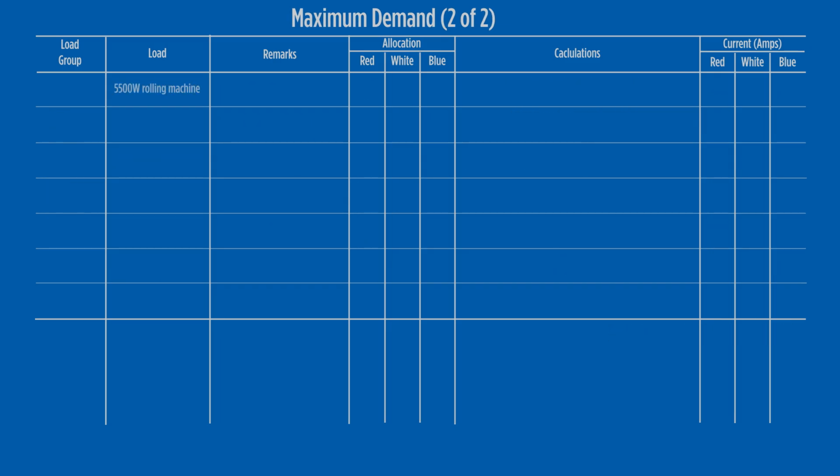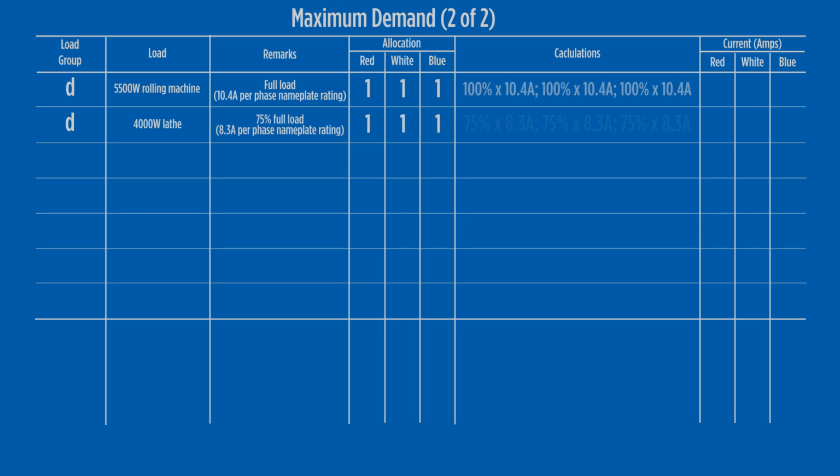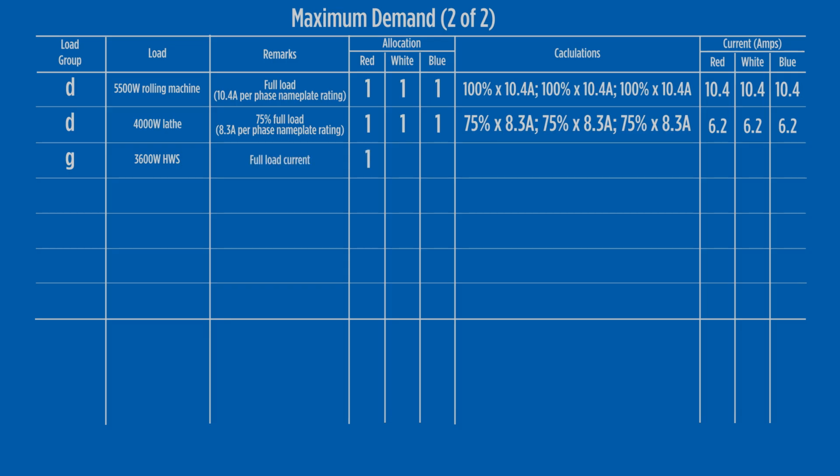Both the rolling machine and the lathe use three-phase motors. These fall into load group D, with full load rating of the 5.5 kilowatt rolling machine and 75% of the 4 kilowatt lathe. This gives 10.4 and 6.2 amps per phase for these units. The 3600 watt single phase hot water system is placed in load group G and is assigned full load current with 15.65 amps